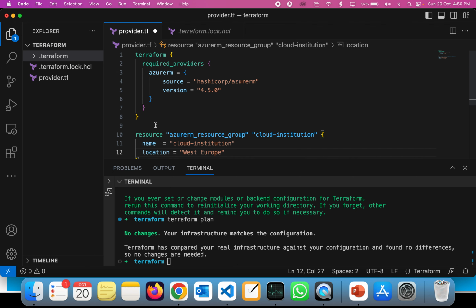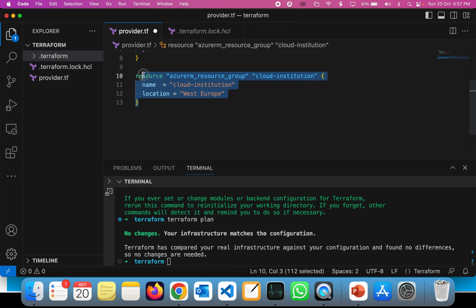So here you can see I've created one Terraform configuration where I've added the Terraform provider, which is azurerm, and then I just added the resource. The resource section is azurerm_resource_group, and then the resource name is cloud institution. This is the resource name, but this is the name of the resource group itself, right? The location is going to be West Europe. So the moment you do Terraform plan again,